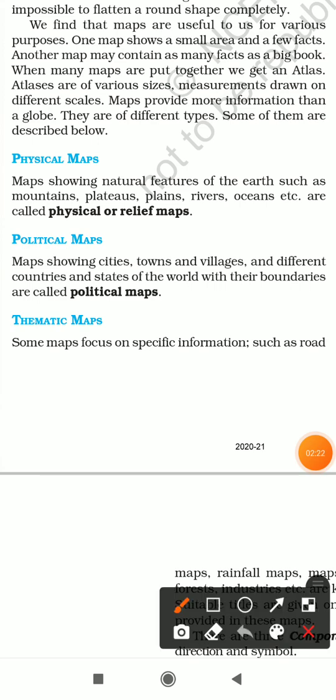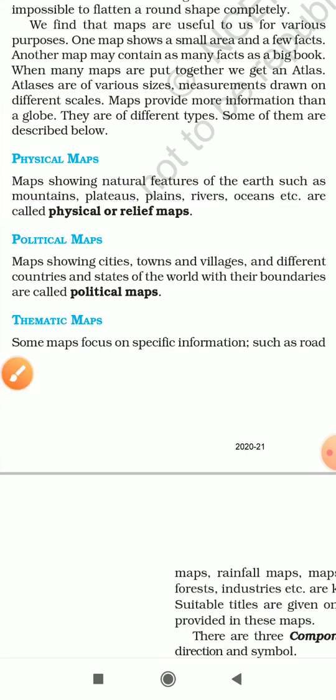The first type of map is the physical map. These are maps showing natural features of the earth such as mountains, plateaus, plains, rivers, oceans, etc. Such maps are called physical or relief maps.